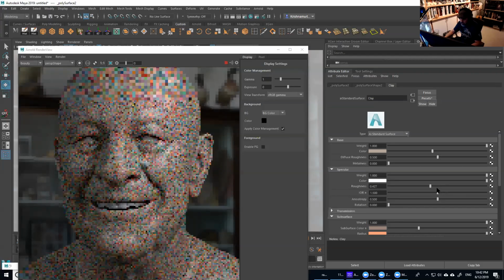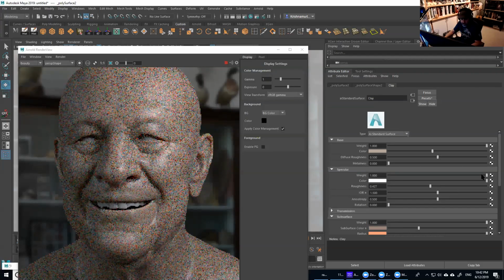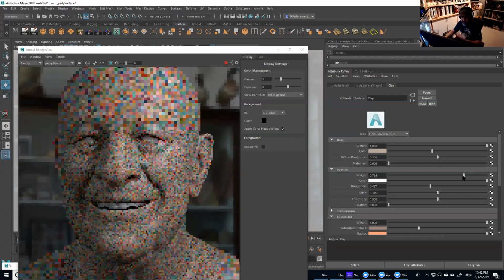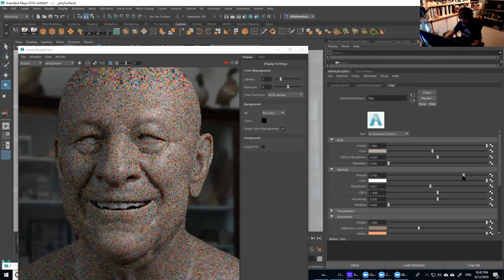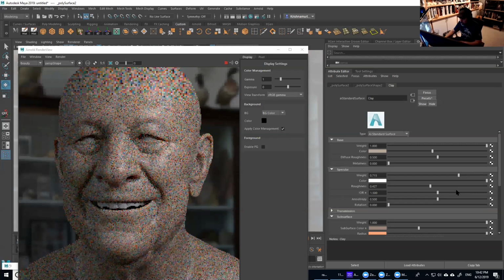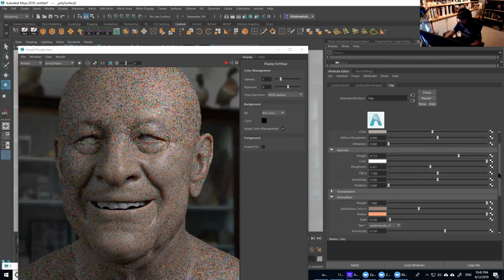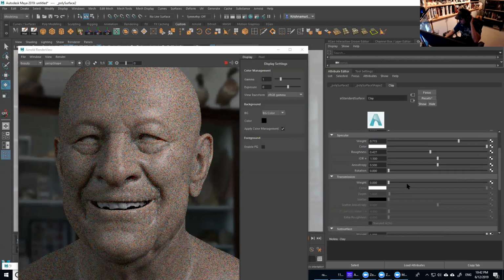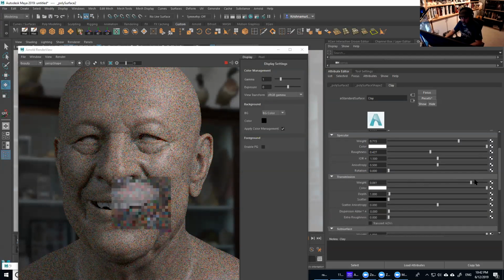So I'm going to keep it like 1.5 right now, and then just reduce this one, just for me to see almost like a concept of the skin I want to go for, right? But again, I'm going to go through all those parameters, and I have everything set for you guys. Transmission basically controls the transparency of the object, right?